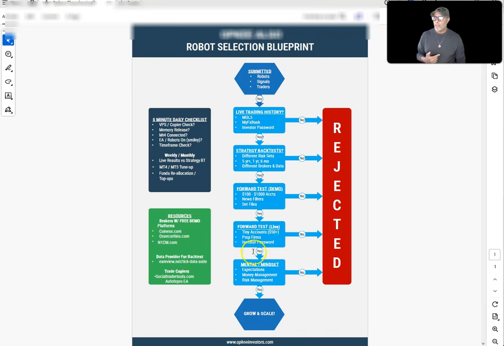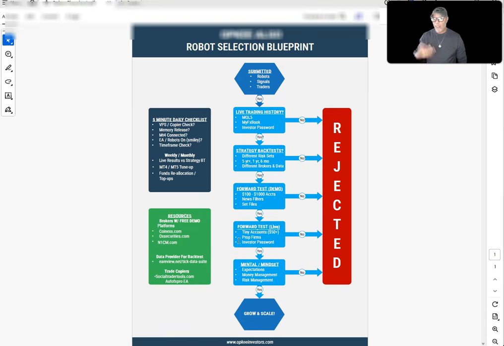So I go straight to the forward test live. I go to the forward account as soon as possible. You'll see that I can test that with as little as $50 with some of these particular robots, but I'm not going to spend $30,000 to test it with $50,000. So that's out of the question. But I will forward test it live on small accounts. Again, that's $100 to $1,000